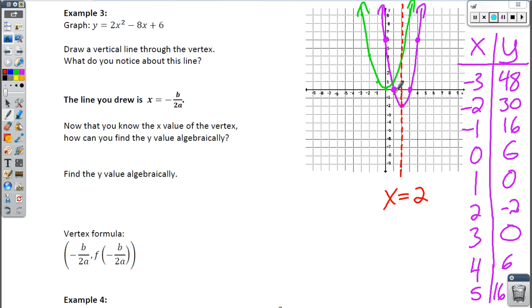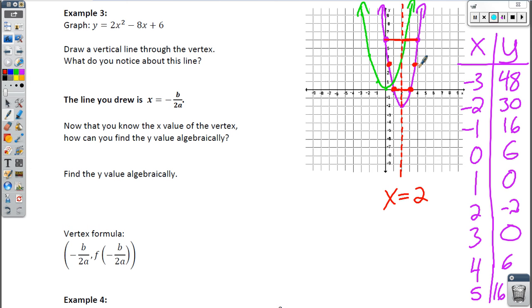So, think about these 2 points here. Well, there's a distance of 1 to the line, and then if we go 1 more, we get back onto the parabola. Here there's a distance of 2 between that point and the line. If we go another 2, we get back onto the parabola. So it is symmetric. And any point here, this point reflected over the line, we get this point. Every point is the reflection of every other point over this line